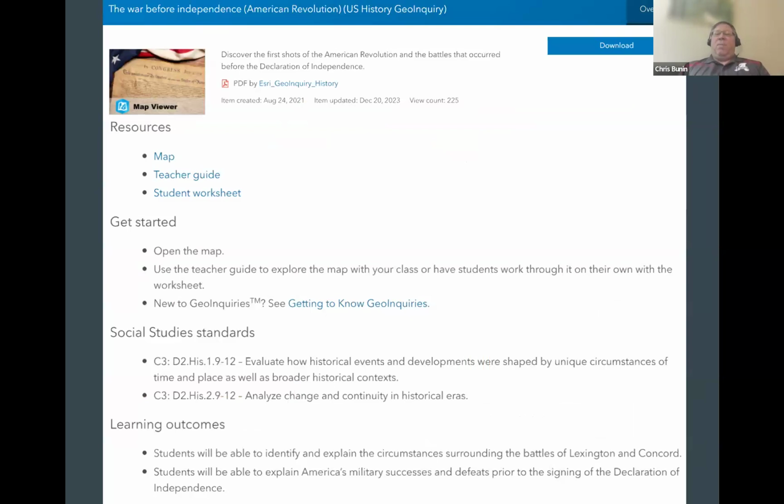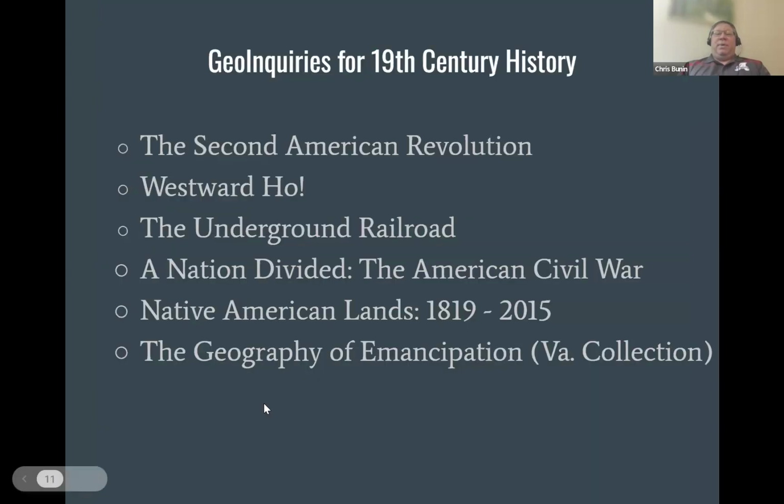history. If you open up a GeoInquiry, you'll come to a landing page similar to this. Anita wanted me to point out that you might be drawn immediately to the download part, but really what you want to focus on are these resources here. You will be able to access a map, a teacher guide, and a student worksheet. Then it lists the standards and the learning outcomes, and the standards are aligned to the C3 standards. Tonight, the GeoInquiries we pulled out to highlight are the Second American Revolution, Westward Ho, the Underground Railroad, A Nation Divided, the American Civil War, Native American Lands 1819 to 2015, and the Geography of